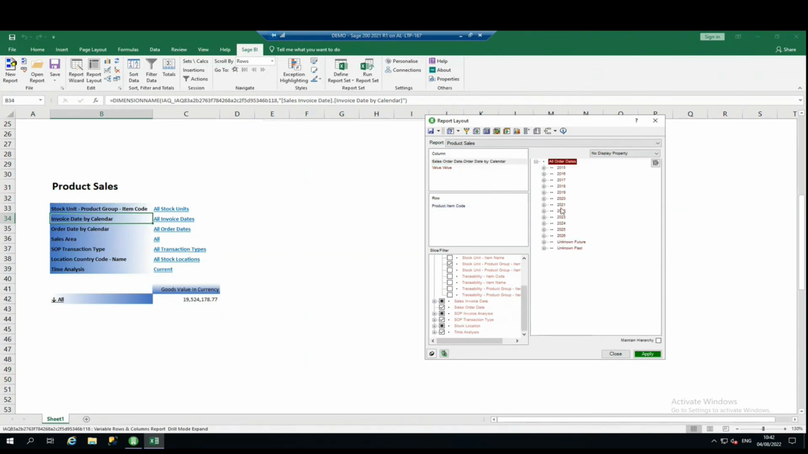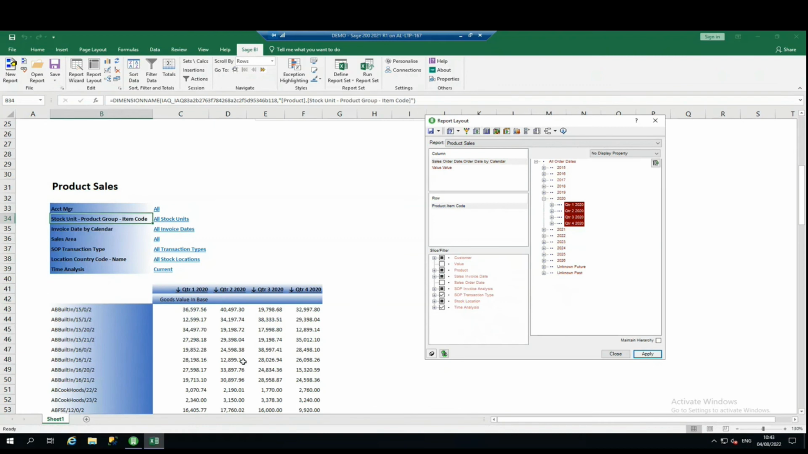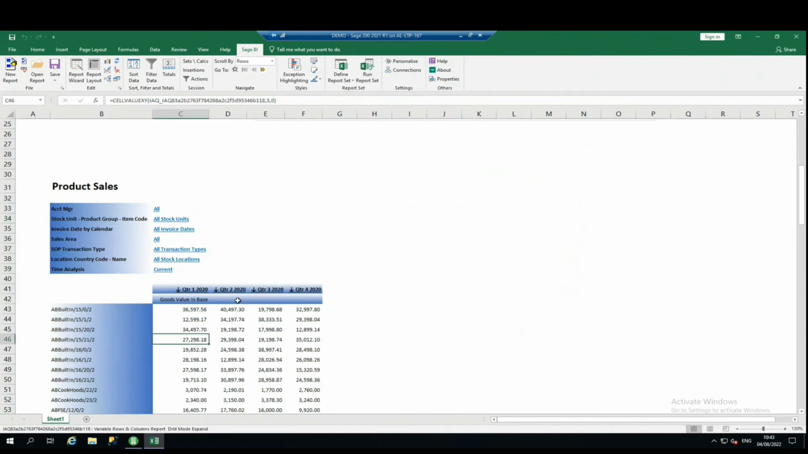So in our columns, I might want to see, well, do I want to see everything from the start of time, or just want to see 2020, or quarterly, monthly, or daily? If I just want to have a look at quarterly sales for 2020 in my columns, and again, make sure it's my goods value in our base currency, so it's not summing up base and foreign exchange. Okay, so that now shows us the quarterly sales for our products and how they've been doing,